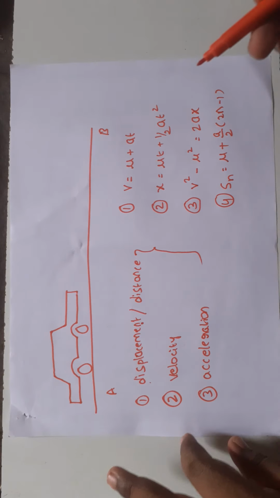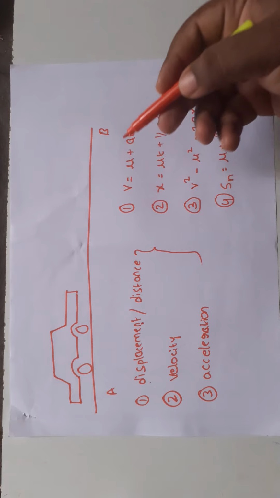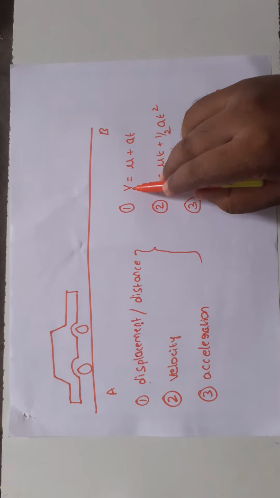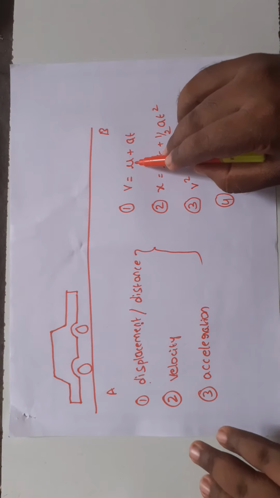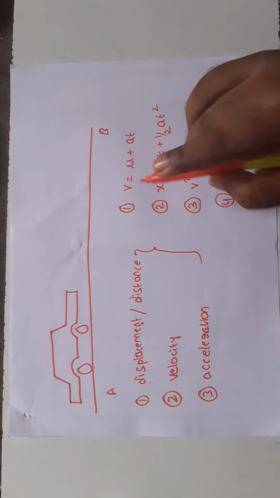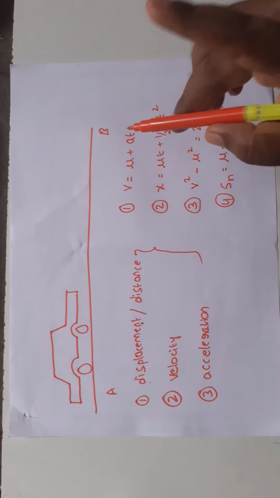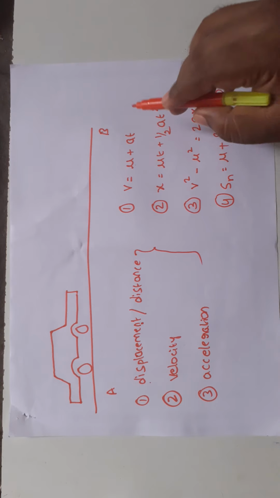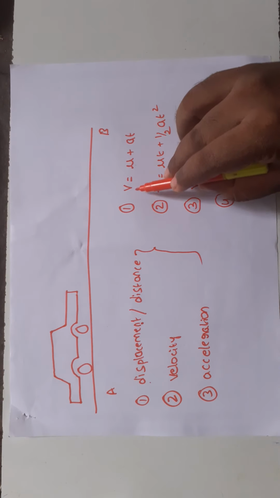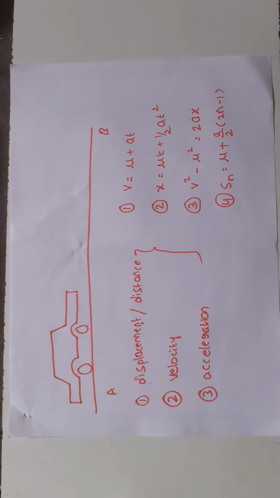What is meant by v? Does v mean velocity or not? Here v means the final velocity of the object. Next, u means the initial velocity of the object. So here one physical quantity is velocity. Next, acceleration is another physical quantity, and time. So how many physical quantities are discussed in equation 1? Two physical quantities. One is velocity and the second one is acceleration.